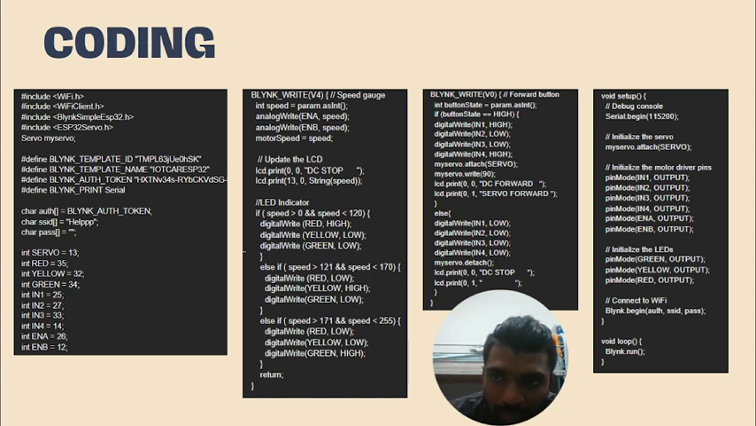Then next up, the void setup. In void setup, the debug console is Serial.begin(115200). So this is where the serial begins. Then the servo motor is initialized. Then all the pin modes are initialized, pin mode for the motor driver. And then the LEDs are also initialized. Then Blynk is connected to Wi-Fi. Then at void loop,